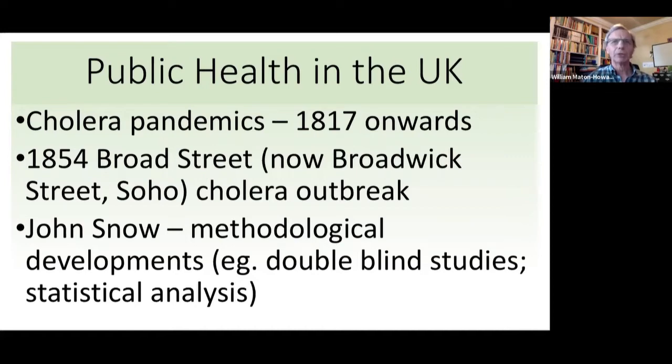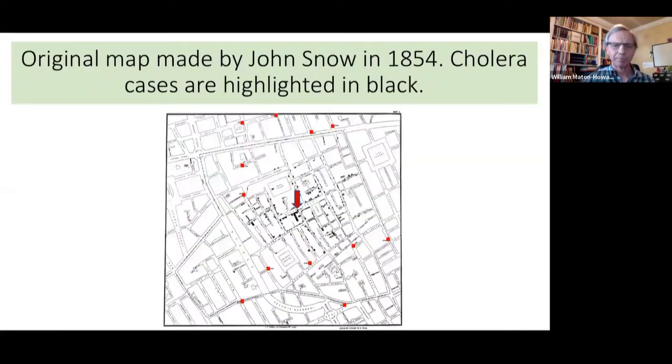And the work of John Snow in London in the 1850s made a major contribution to our understanding. At this time, London was in the midst of the 3rd cholera pandemic, and John Snow was studying a particular outbreak around Broad Street in Soho. He brought a more rigorous scientific approach to these studies, including drawing up maps, as shown on this next slide.